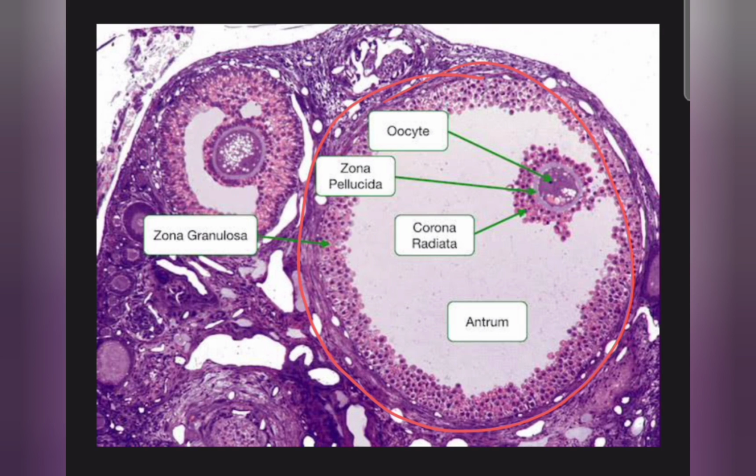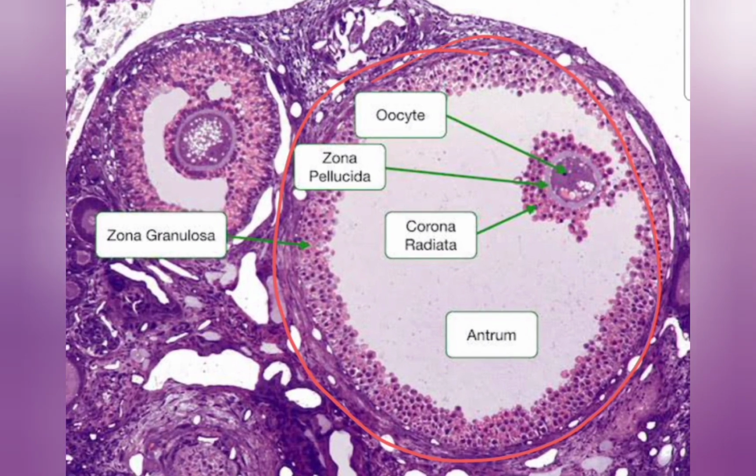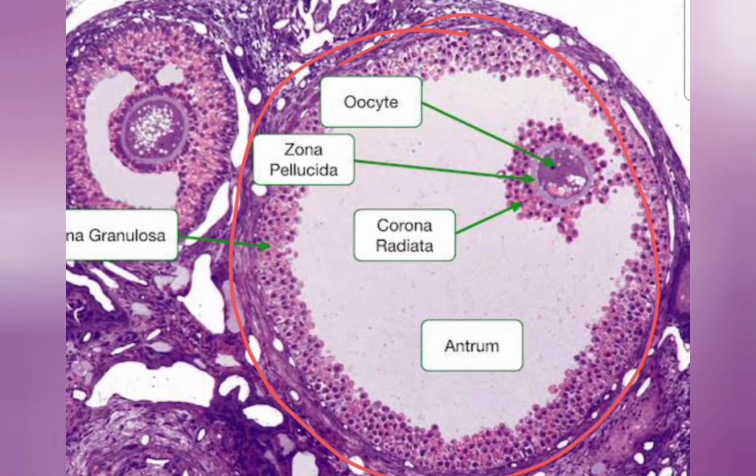Now this mature Graafian follicle, as you can see here, this is the actual ovum. Okay, and this is basically oocyte. This is known as the oocyte, and this oocyte also has many layers around it. Now this oocyte or the ovum will be discharged from the matured Graafian follicle, and then this ovum will go near the fallopian tube and wait for the sperm to come and fertilize it.